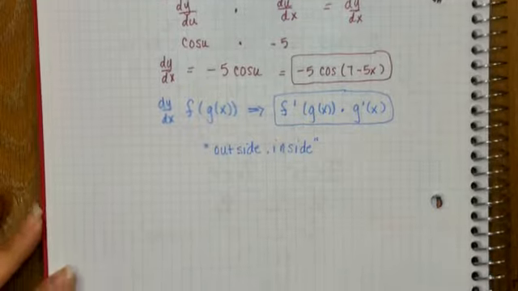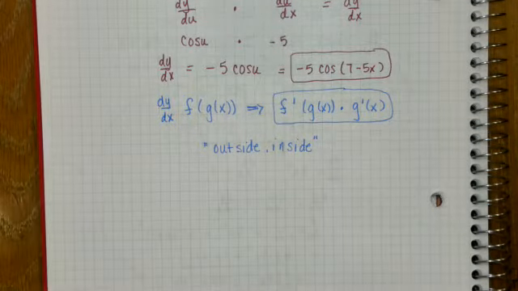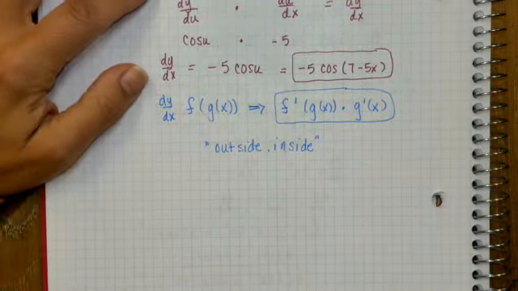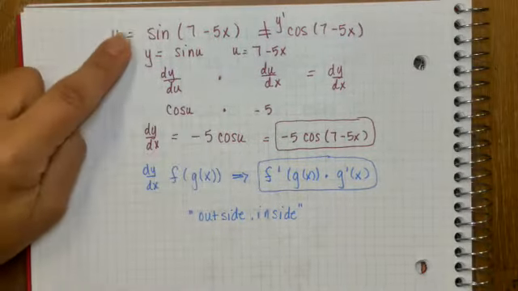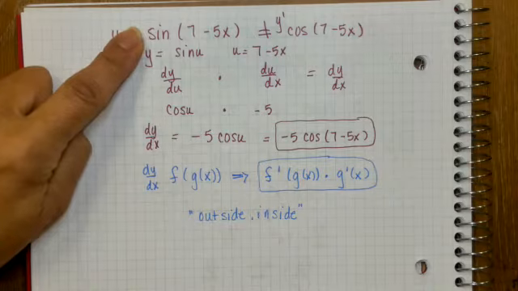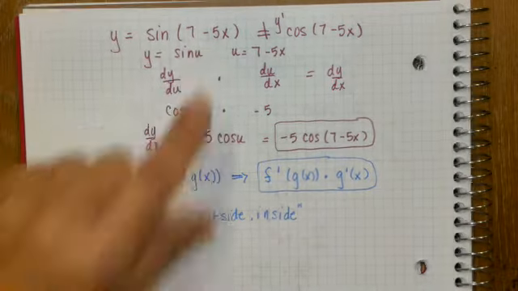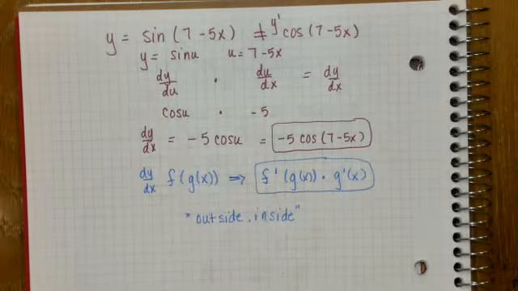This is sometimes referred to as the outside inside. Take the derivative of the outside function. So in this case, my outside function is sine. Multiply it by the derivative of the inside function, which is 7 minus 5x. So going back